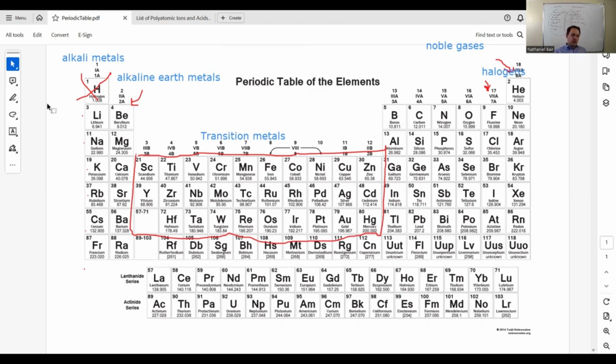The only other thing I want to mention about the periodic table is what's going on down here with the lanthanides and actinides. We'll get into this a little more. We get into Aufbau in Unit 6. But the lanthanides are actually part of row 6, okay? They actually belong here, but if we stuck them in there, the periodic table would be 14 elements longer, and you would need like a scroll, right? Like if I said, get out your periodic table, you'd open up a scroll because it'd be so wide. So that's why, literally just so the periodic table isn't so wide, we offset the lanthanides and